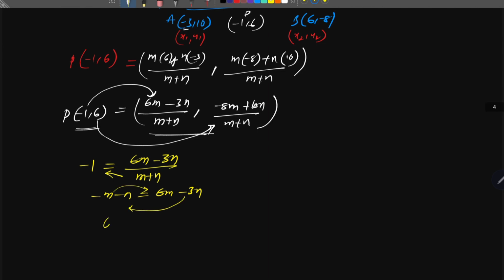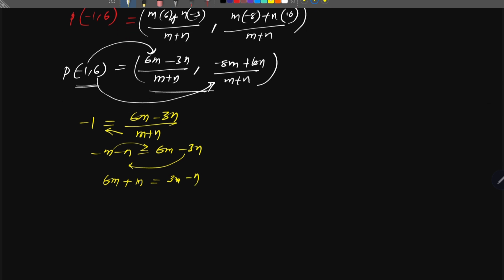Then we get 6m minus m, sending to the opposite side plus m, which is equal to 3n sending to the opposite side plus 3n and minus n. So the addition gives 7m, which is equal to 2n. I need the ratio of m to n, so I divide m by n, which is equal to 2 by 7. The division I can write as a ratio, so 2 is to 7 is